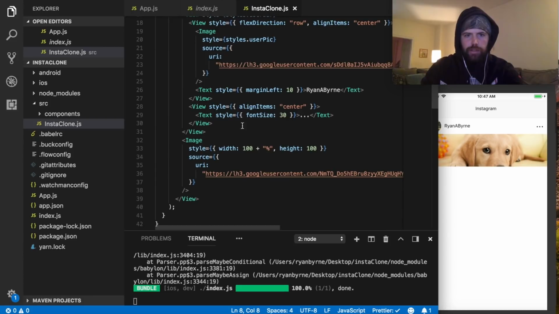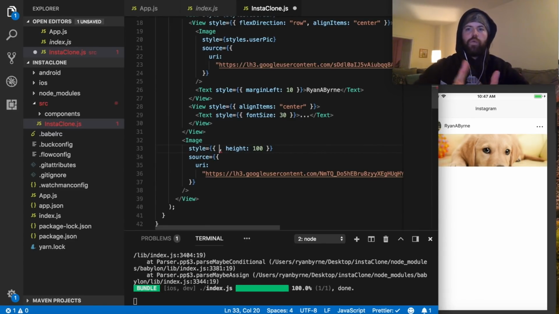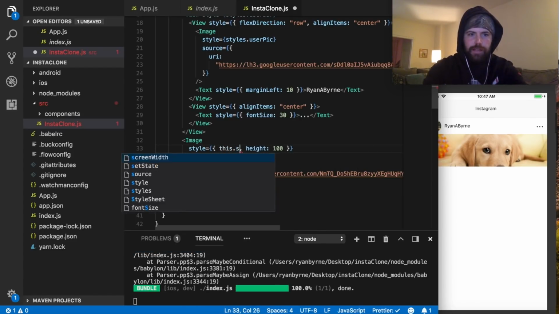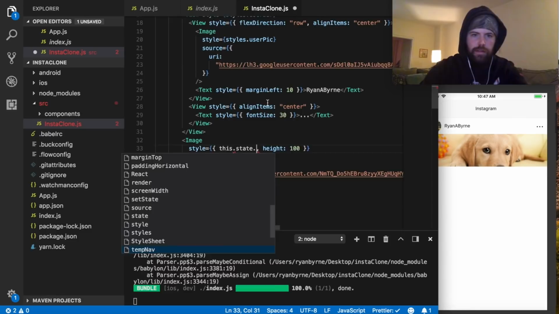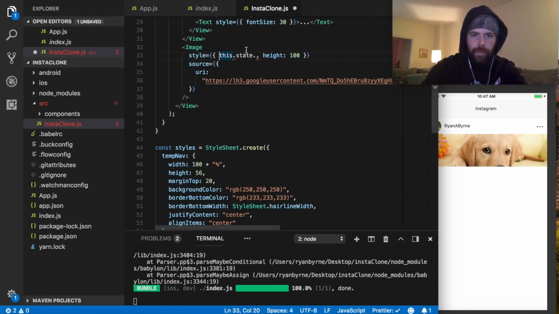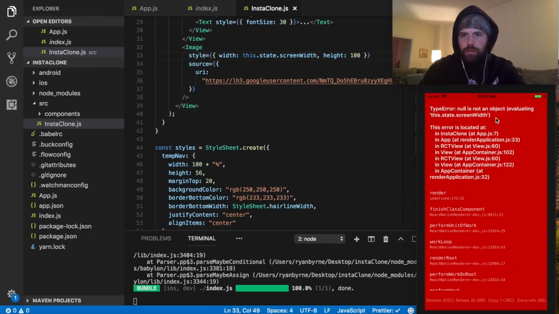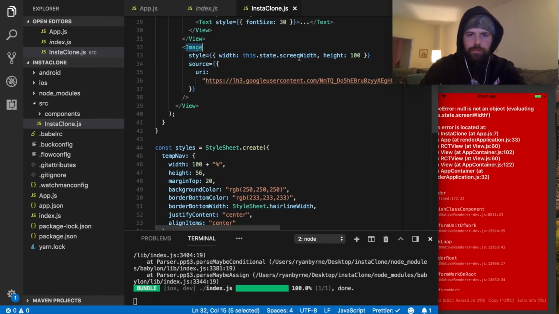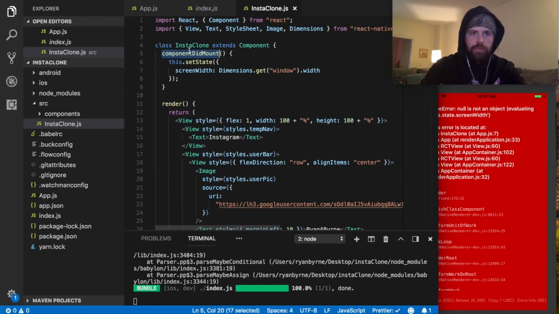And here on our image, first we're going to change our width to the fixed width. I just like to use precise measurements when we can, especially for dealing with images. So it's going to be this.state.screenWidth. No, it's not. Yeah, we need to move this to our